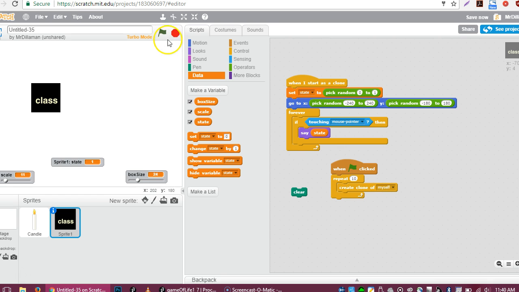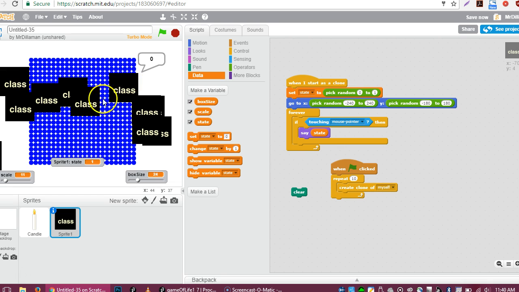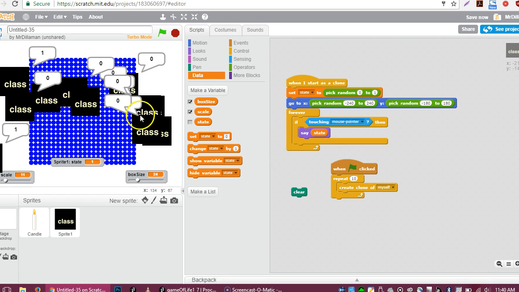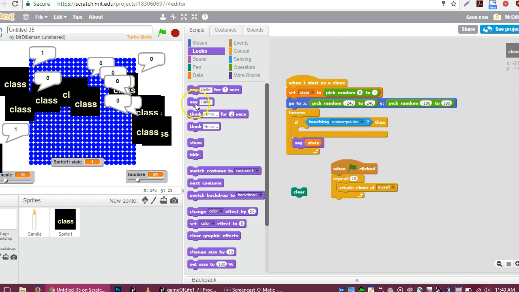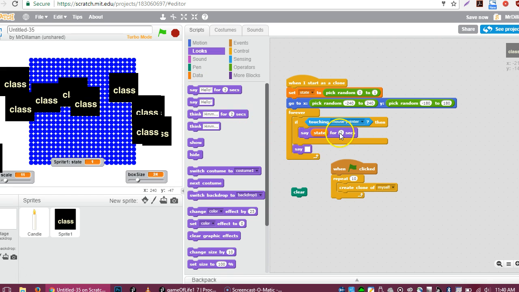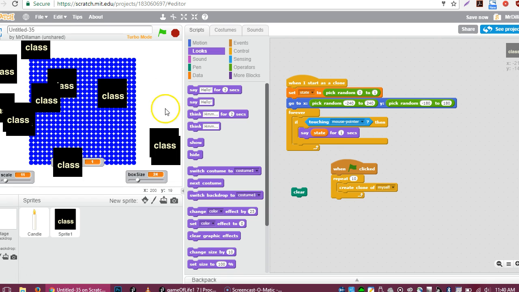All right, let's see if this works. Count it down. 0, 0, 0, 0, 0, 1, 1, 0, 1. Let me take off just the say, and let me instead put say it for a second so it gets rid of it off the screen. Okay, let's try it again. Clear it, randomize it. 1, 0,